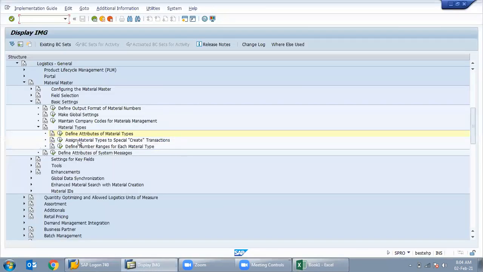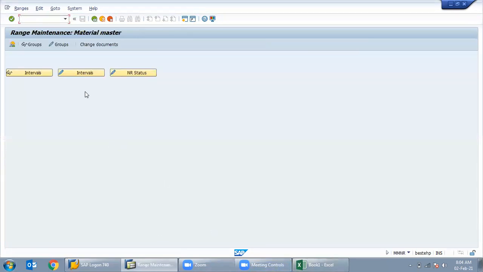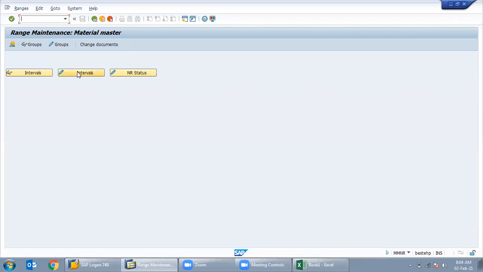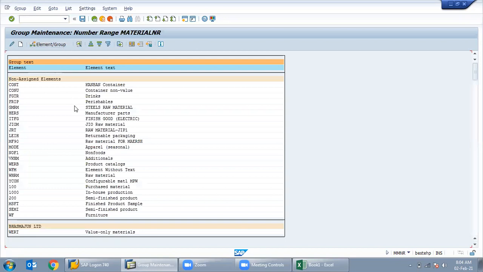Okay. So let's assign the number ranges to that material code, whatever I just said previously. This is the path: define number ranges for each material type. Go to that and click on group. In that group, you will find not assigned elements. Not assigned element means somebody has created the material group, but it is not assigned to its particular element.